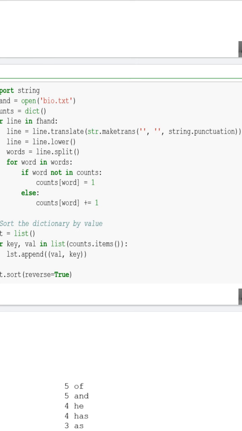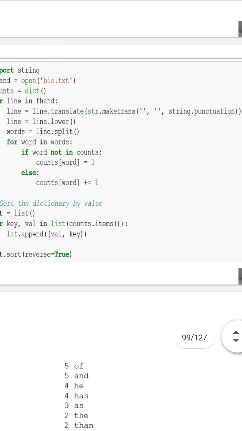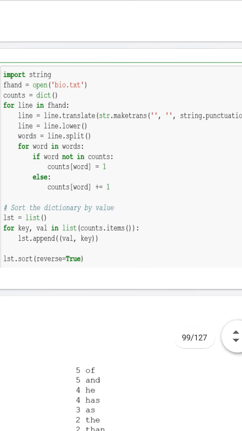After that, I am checking whether that particular word is part of our counts or not. If it is part of counts, I am just incrementing the count value. If it is not part of counts, here counts is acting as a dictionary, as I have stated. In the second line you can clearly see counts equal to dictionary. We have called the built-in dictionary constructor to create an empty dictionary with the name counts.